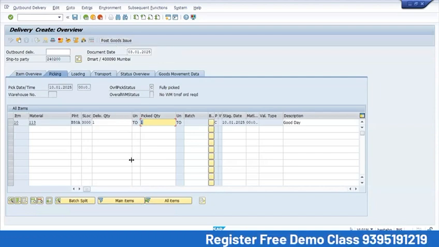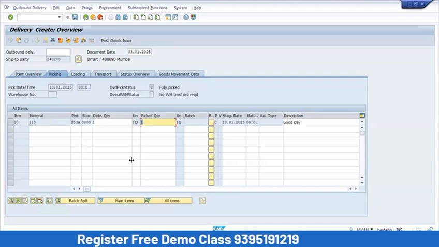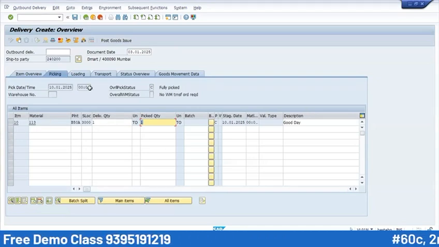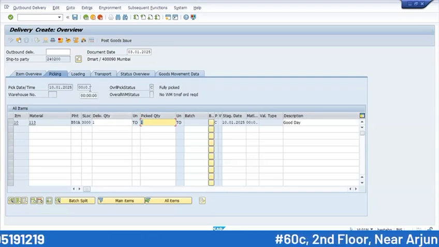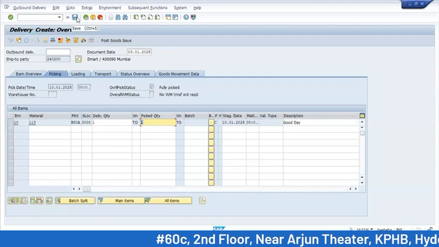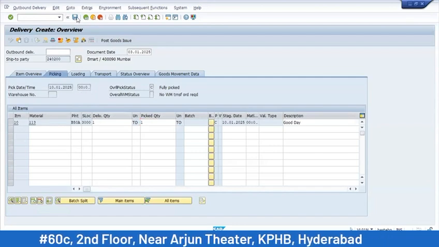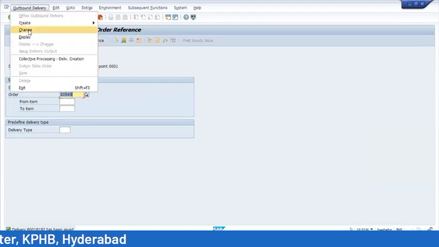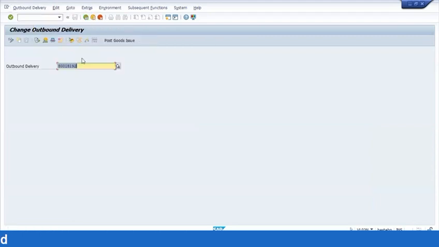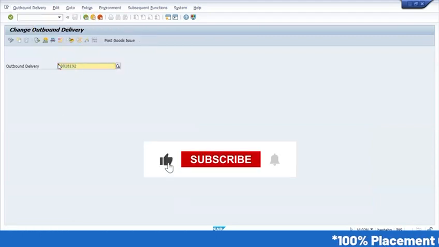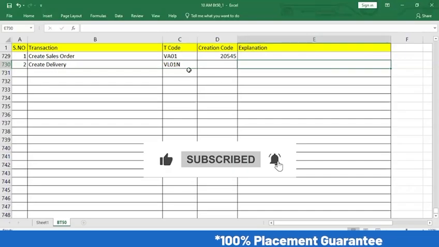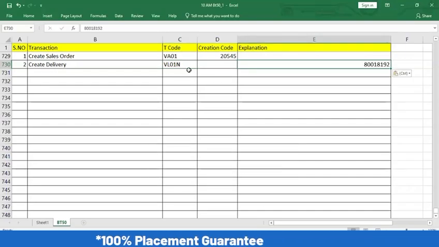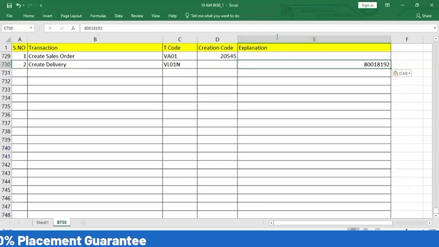I'll show you two cases. So first I'll do the delivery. I'll not do PGI. If I click on delivery button, only delivery document will be generated. I'll go to change. This is the delivery document. Okay. Next, I'll go